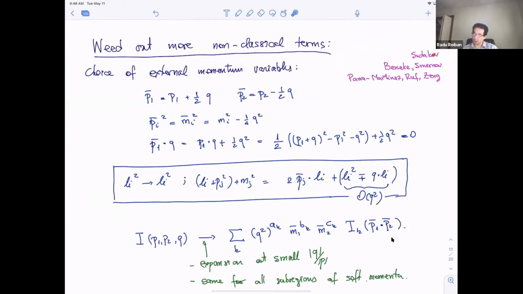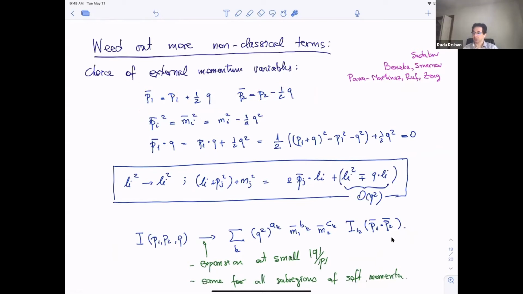originates in the work of Sudakov, Beneke, and Smirnov, and in the context of our discussion was pioneered by Julio Parra-Martinez, Michael Ruf, and Mao Zeng. So the idea is that instead of P1 and P2 as incoming momenta, one picks these P1 bar and P2 bar, which are P1 and P2 slightly shifted by the momentum transfer. And with this parametrization of external momenta, it turns out that